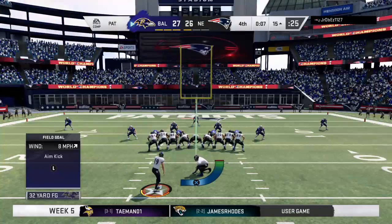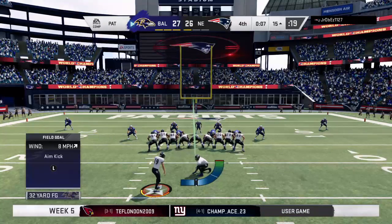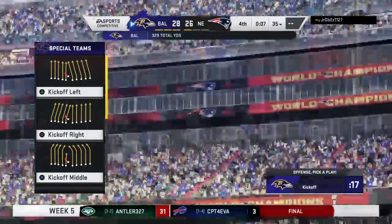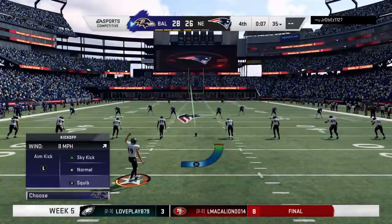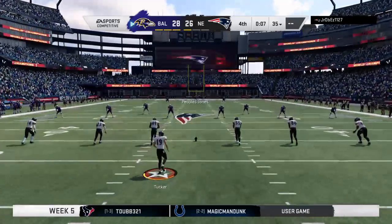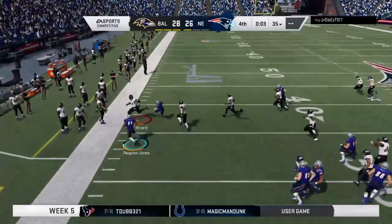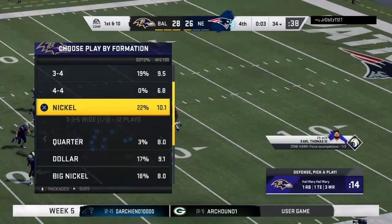Now Tucker to add the PAT. And the lead is now 2. Makes the score Ravens 28, Patriots 26. Justin Tucker to kick off for Baltimore. Tucker now to kick it away following the touchdown. An incredibly short kick fielded way up there. And they'll have good field position here as he's out of bounds up at about the 34-yard line. At their own 34-yard